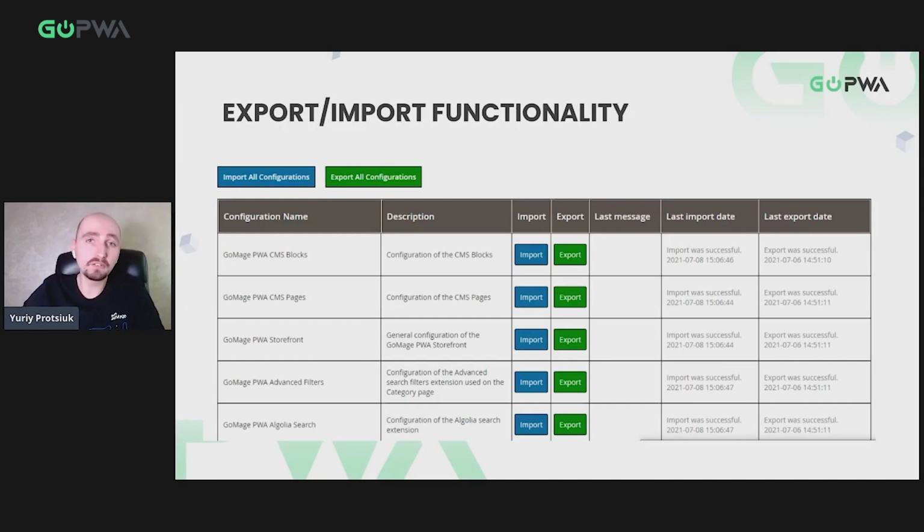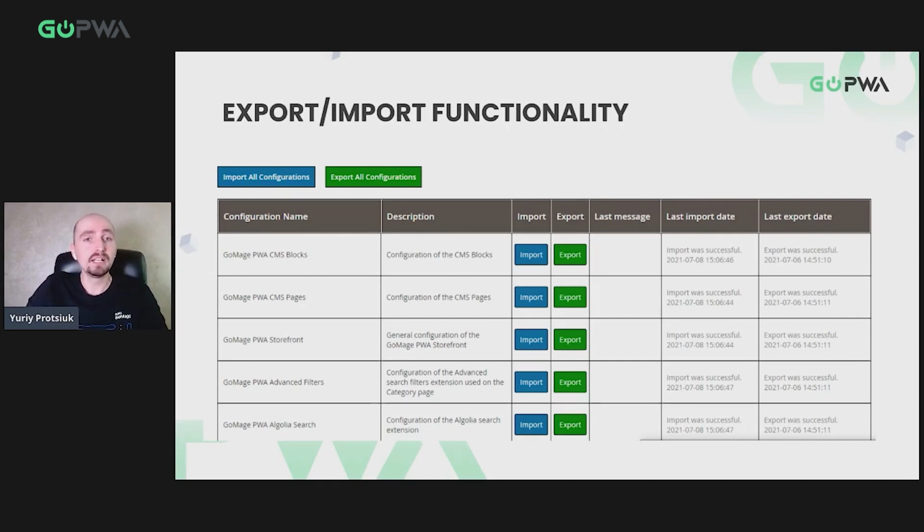If you're working in the dev environment, you can do this to push it to stage, then from stage to prod. For example, a store owner might have made some changes on the front end using the Page Builder in production, and asks you to import the configuration to stage so that they would be aligned. Why not? Go to production, export the configuration, push the configuration to stage, import, and that's it.